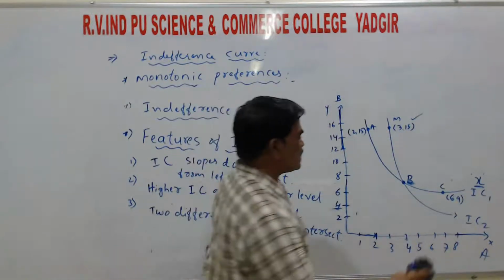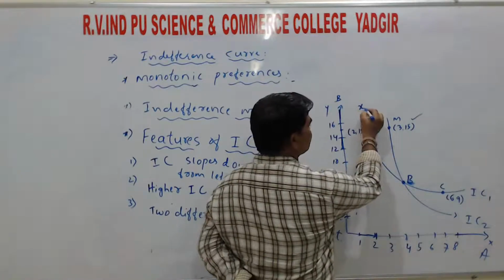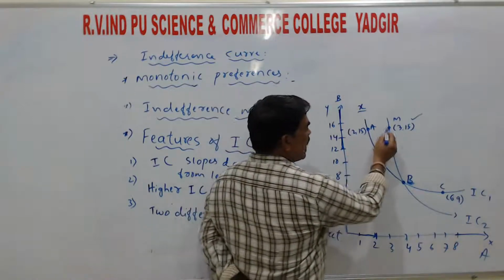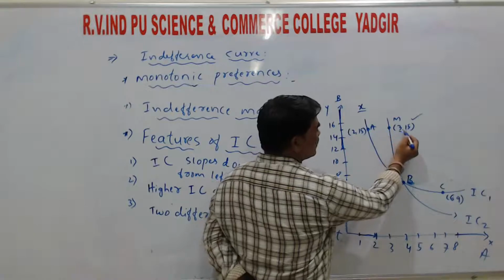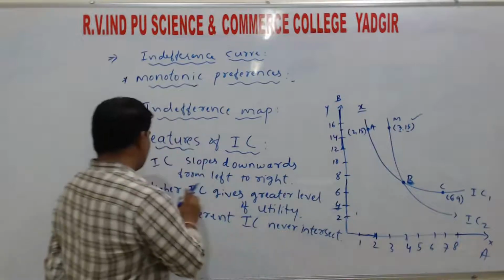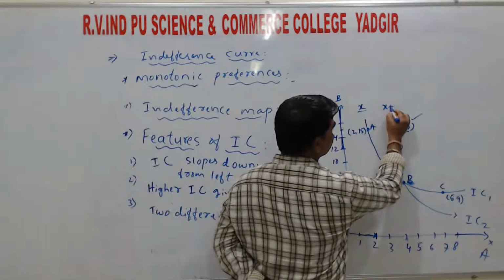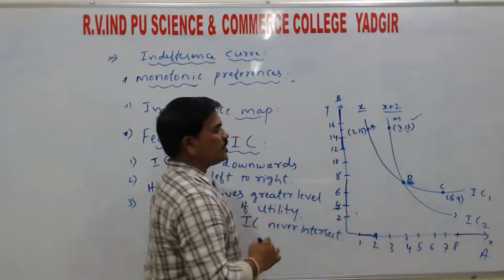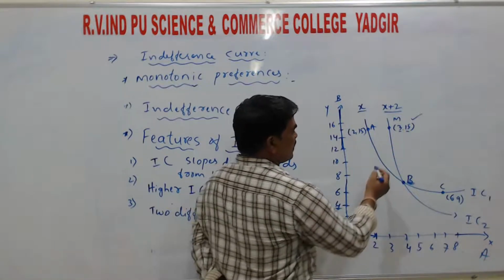Correct? So I will mention the satisfaction level here. Here his satisfaction level is this X. If we move to a higher indifference curve, where we get 3 apples, 15 bananas, then his satisfaction level also increases from X to X plus 2 in this higher indifference curve, from the second feature, because he is getting this. If you see in this